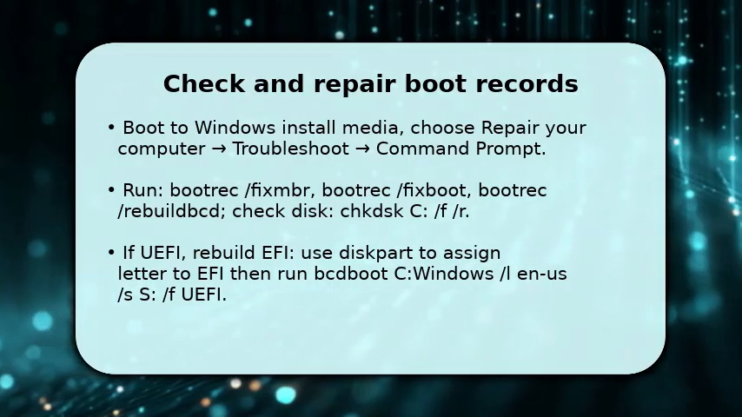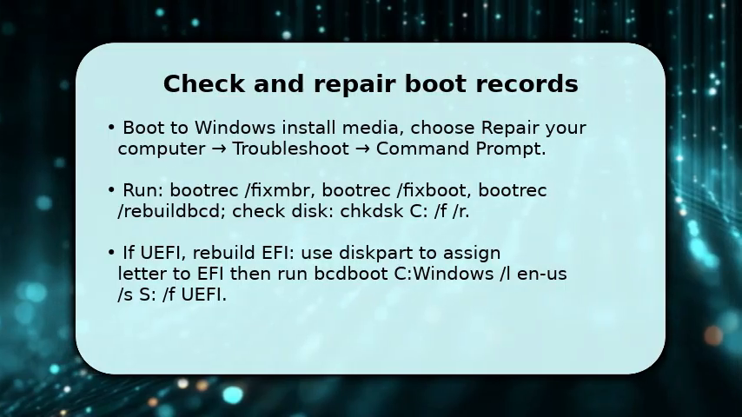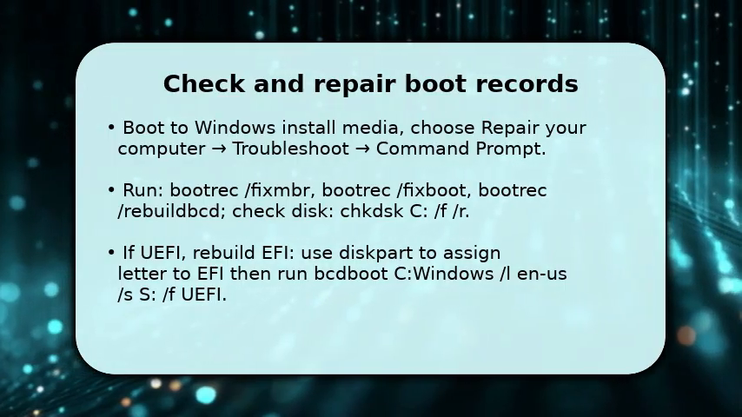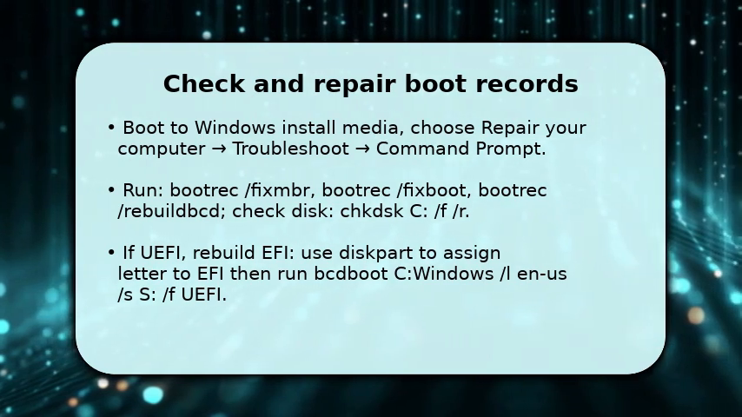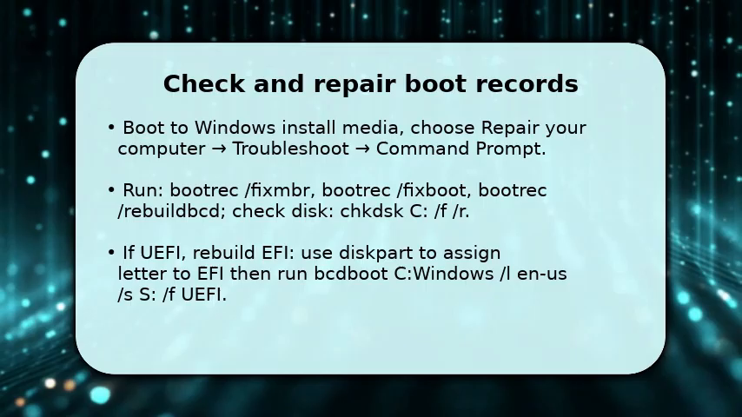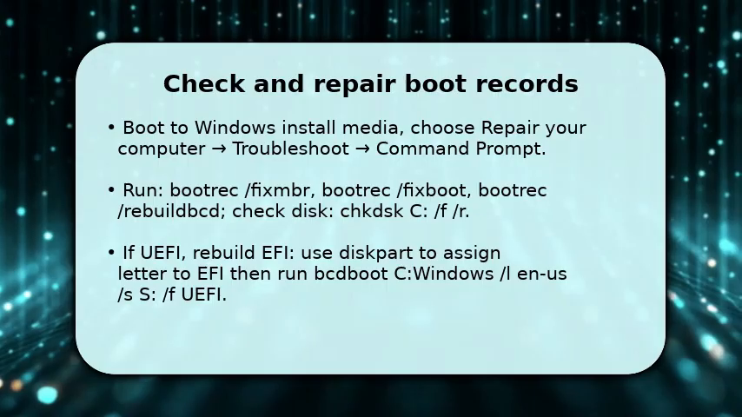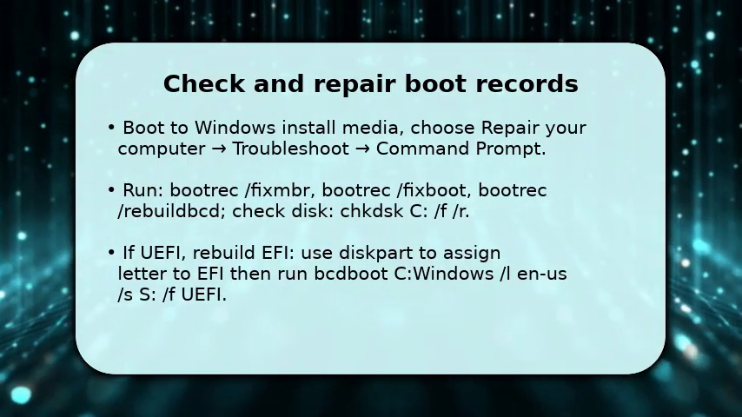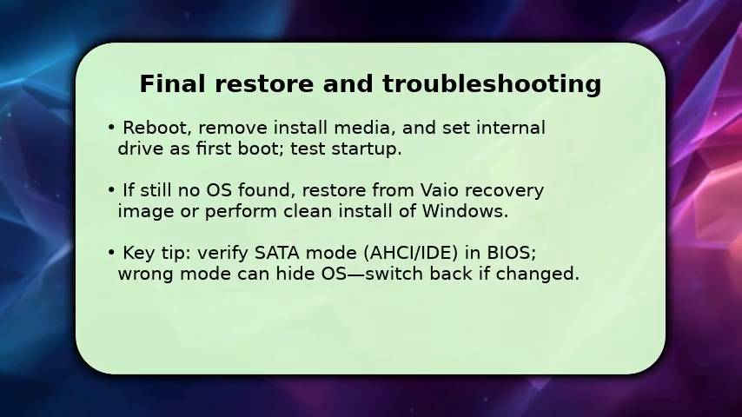Also run chkdsk c: /f /r to repair file system errors that hide the OS. If the VAIO uses UEFI, use diskpart to assign a letter to the EFI partition and then run bcdboot C:\Windows /l en-us /s S:. After repairing boot records, set the internal drive as primary in BIOS/UEFI, remove USB media, and reboot to test